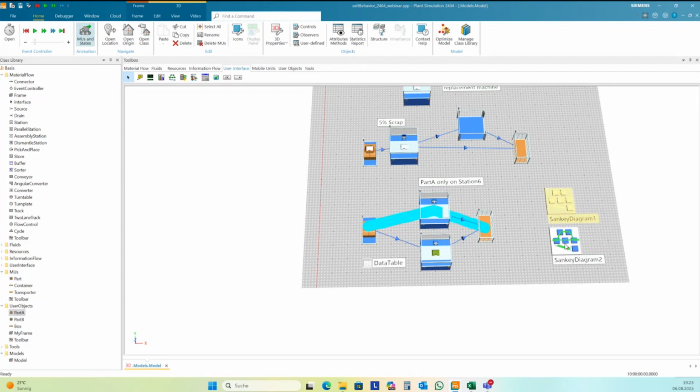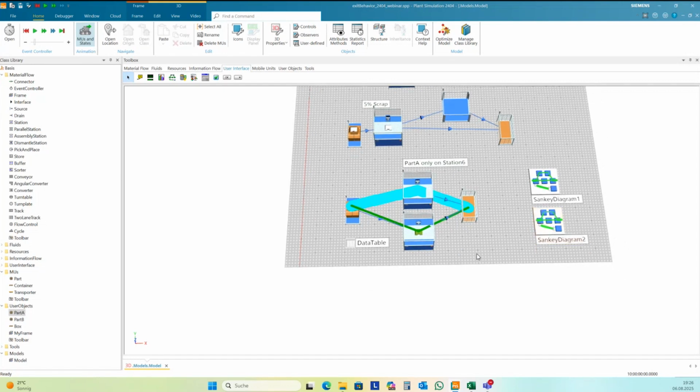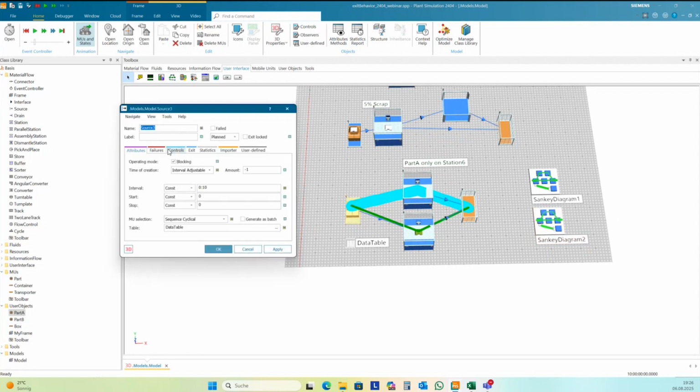And now you have split the material flow, all the blue bars are going over station 6 and all the green bars go over station 7. And you don't need one line of programming. And this you can also use if you, for instance, have a robot that loads a machine and have two different successors.